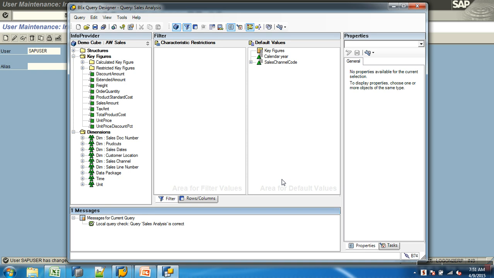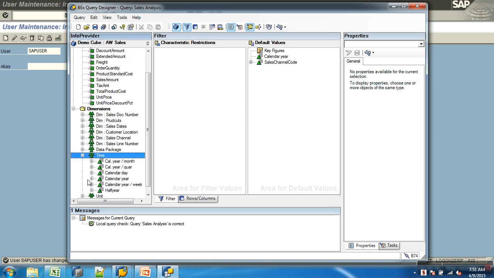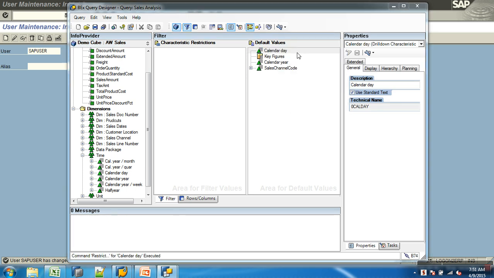You cannot really create with SAP exit. It is all SAP who creates it with SAP exit. Now, for example, I can show you something on the cal day. Say I have cal day. Let's say if I restrict with that cal day,